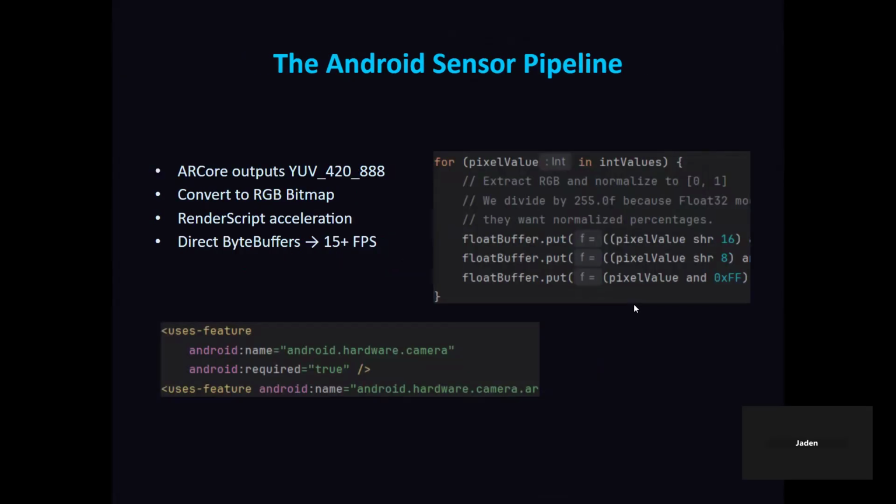So the Android sensor pipeline, at our core, because I was using an augmented reality application, was another learning curve. It outputs to the YUV format and had to be converted to a bitmap, and I used RenderScript for hardware acceleration. And the biggest learning curve here, and it was a big one, was Kotlin's